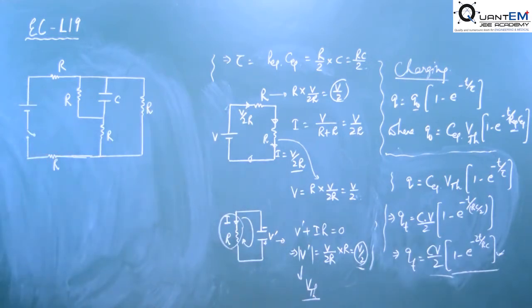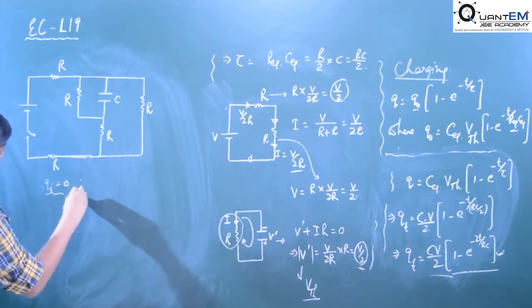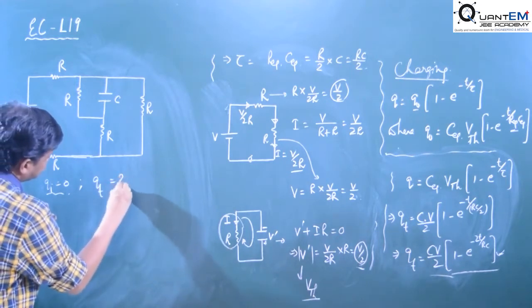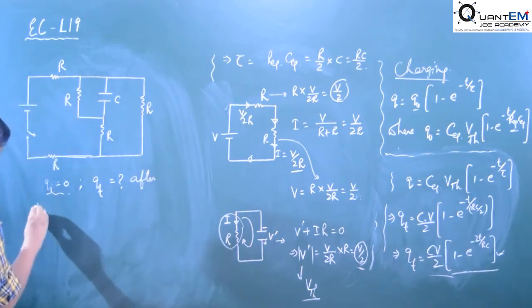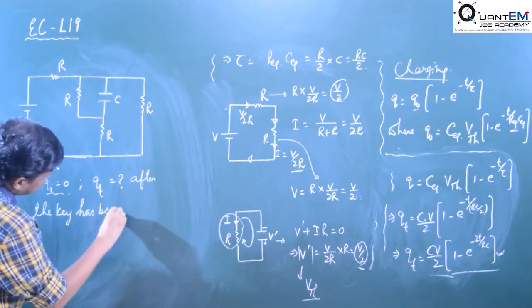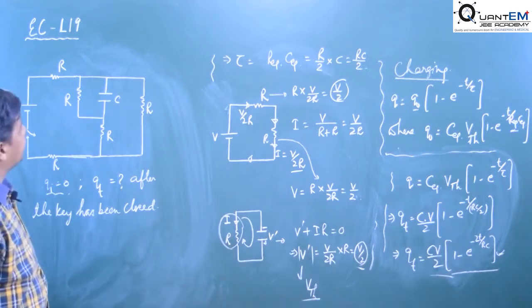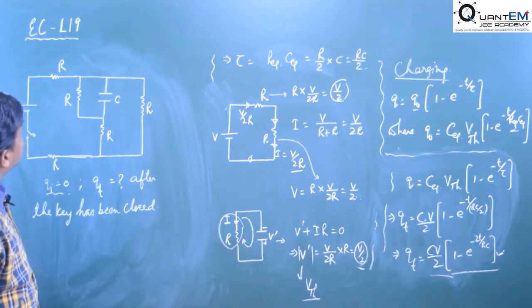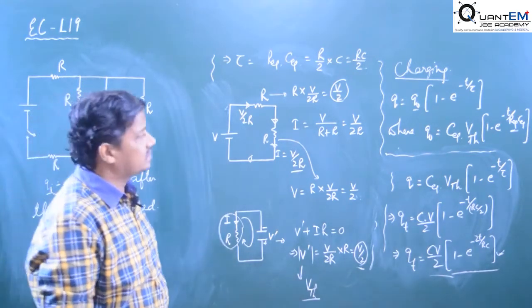Now see, for this circuit you have to find the value of charge across the capacitor after the key has been closed. The initial charge of the capacitor is given as 0. We have to find Q(t) after the key has been closed. So firstly we will have to find the value of RTH, that is the Thevenin resistance, then find the value of the time constant, then the potential drop across the capacitor, and then use the charging formula.